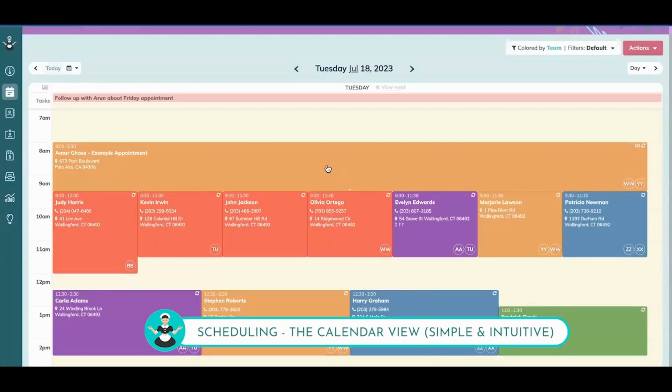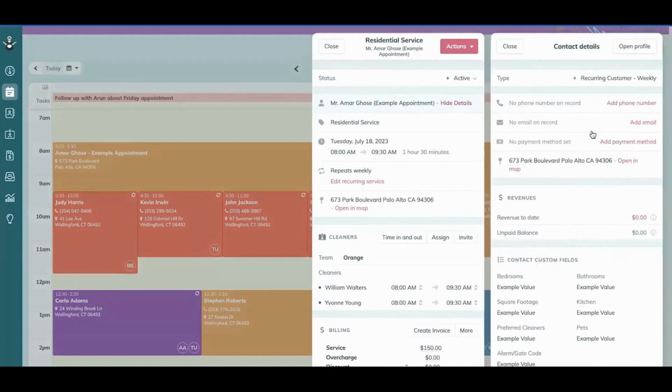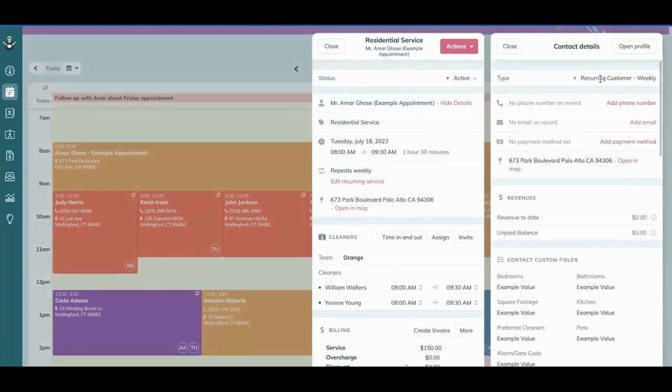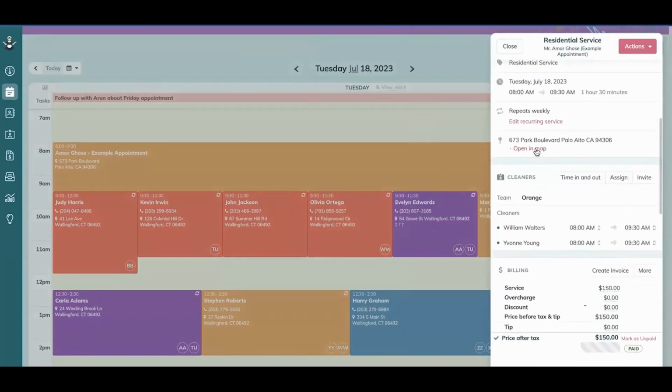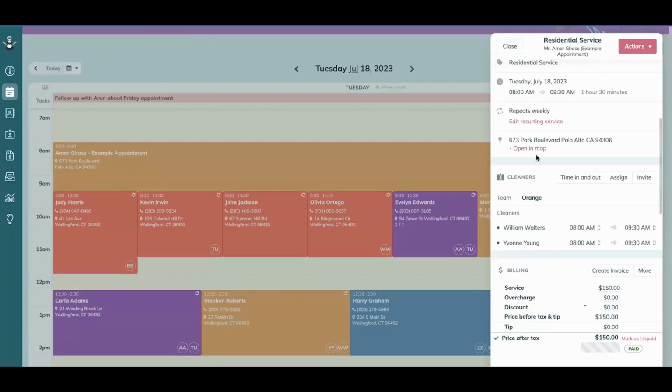And to then just show you a couple more things that you can do from any of the calendar views, if you click on the appointment and open it up, you can take a look at all of my details as a client here that you can just click and open very quickly without ever having to leave the calendar, or you can open up the full profile if you would prefer to see that. You can open up in Maps, that if I just click here, it'll open up and it'll show me exactly where this is on Google Calendar,